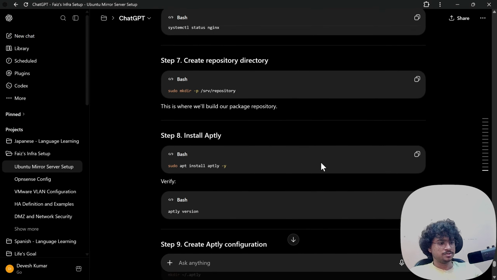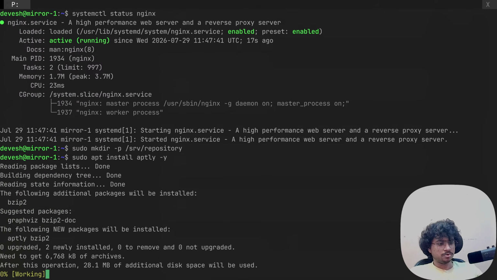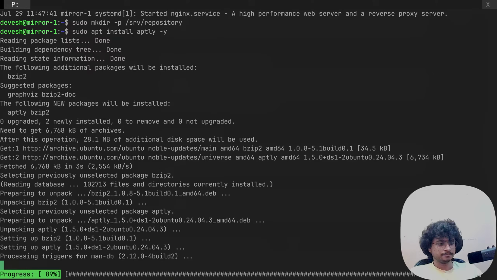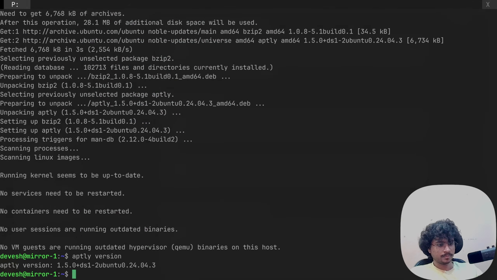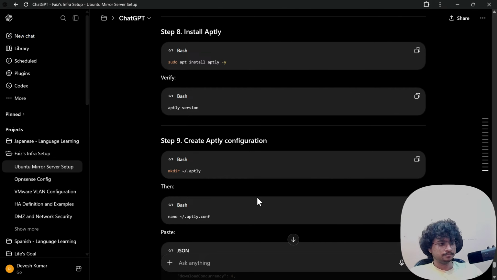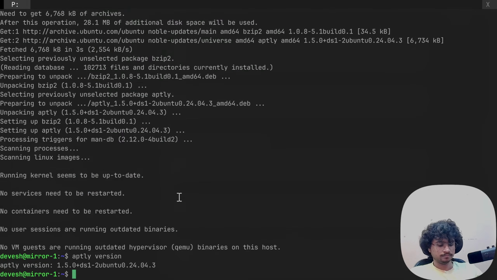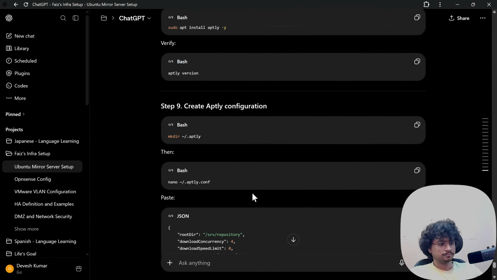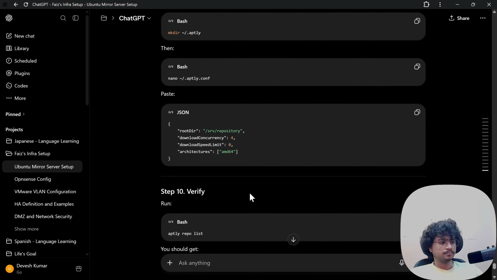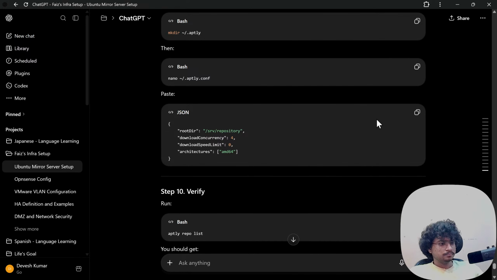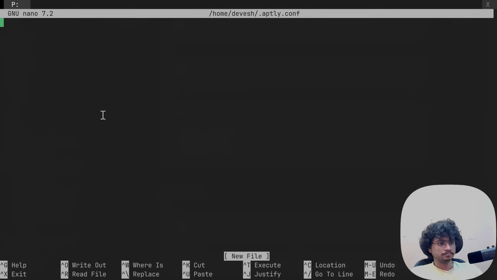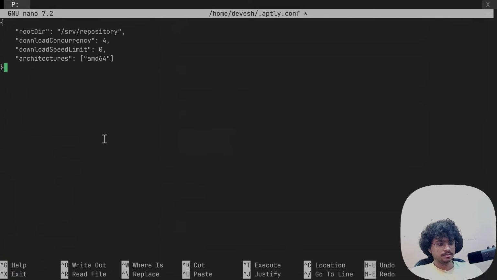The server repository. Install aptly. Yes, I know about aptly. I paste this.